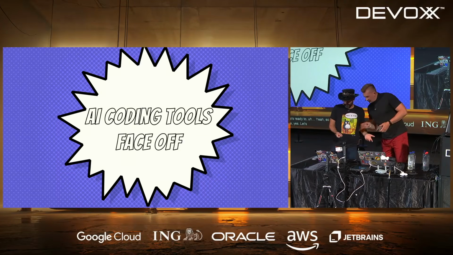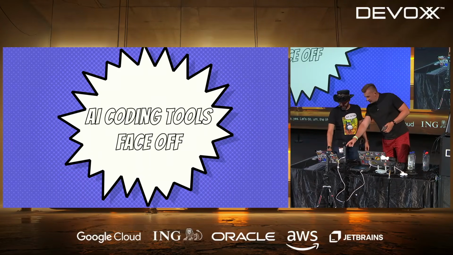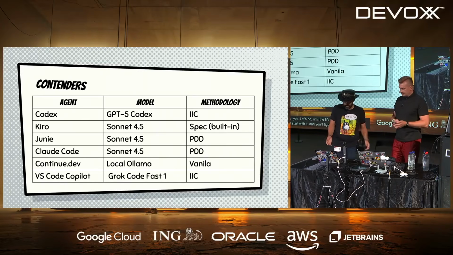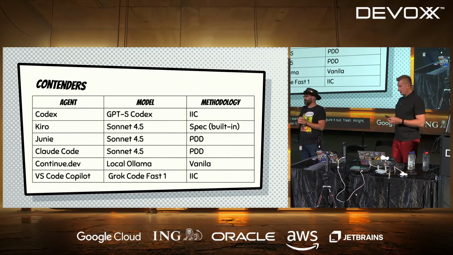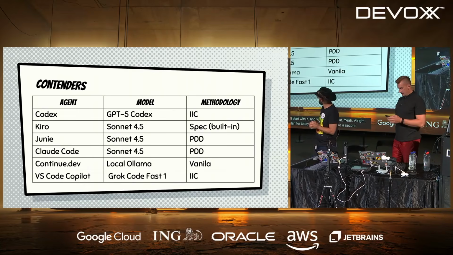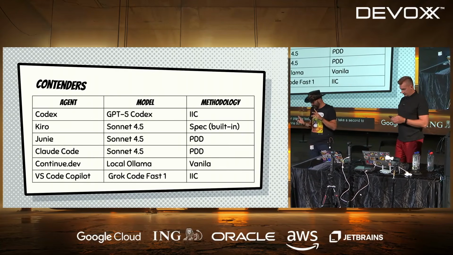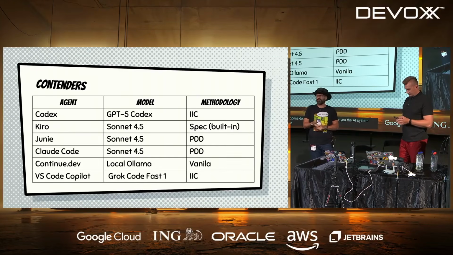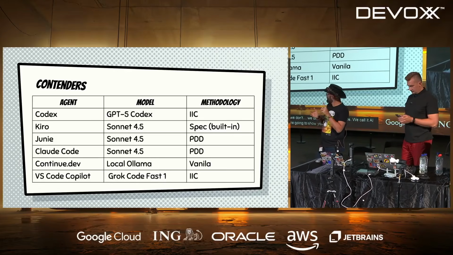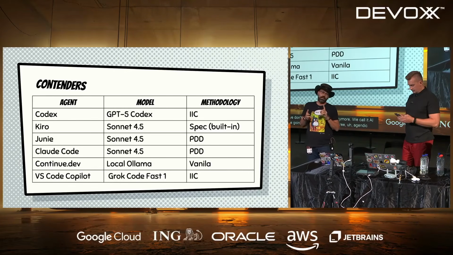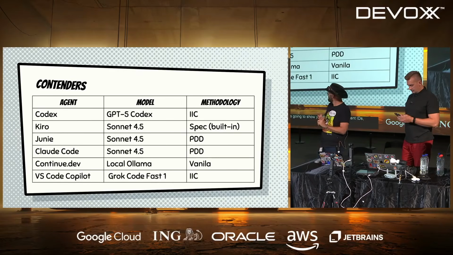Let's do the slide about what kind of tools. All right. So that's our plan for today. It's a lot. I'll take a second to explain what we're going to do. We're going to show you AI system coding, what used to be called vibe coding before it became a very bad word. Now we don't use that anymore. We call it AI system coding, and we're going to show you 6 tools: 3 agentic IDEs and 3 command line tools, with different models and different methodologies.